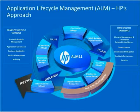When we think application lifecycle management, it's not just about application delivery. It's about the overall application delivery and operation of the applications all the way to retirement. So if we look at the ALM 11 product set, it provides a core foundation at the center of all of this. When we think about planning what applications are going to be delivered, and enhancements to applications, that's where we're going to look at